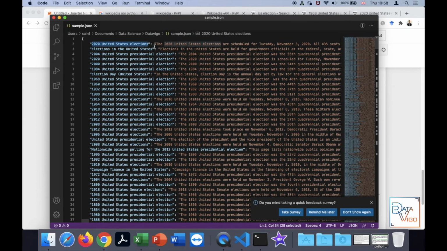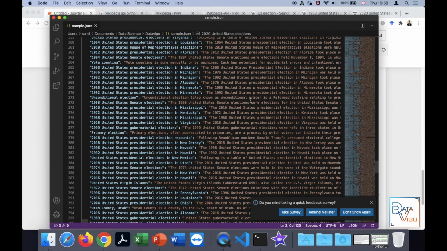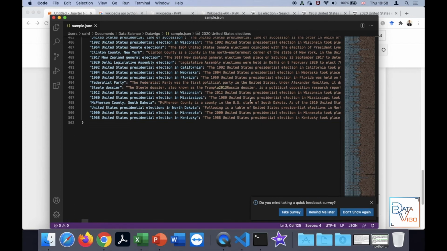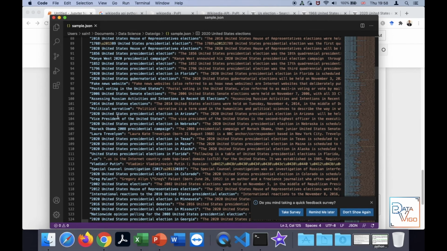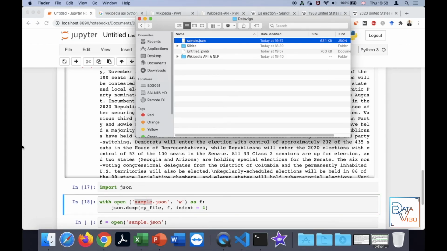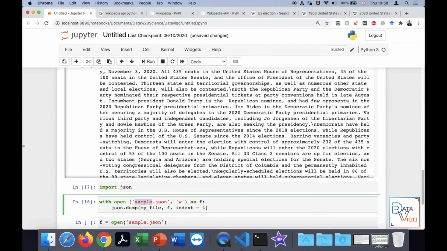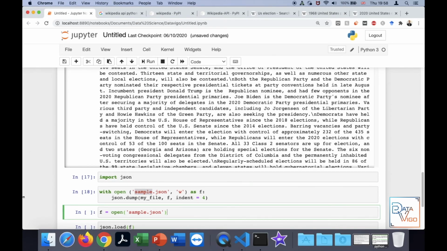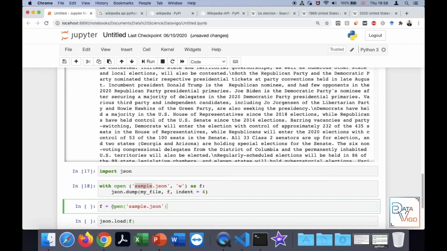This is the title, and these are the text, the full text of the Wikipedia pages, and that's how the data has been stored, which has the size of 500 titles here. Okay, so later, if you want to read the JSON file, all you need to do is run this simple code. So you open the JSON file, whatever it is.